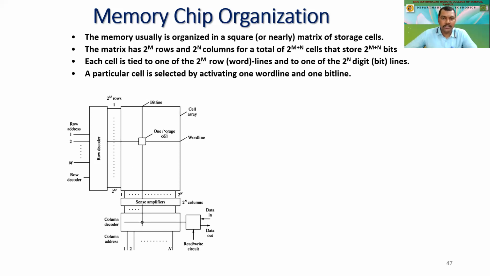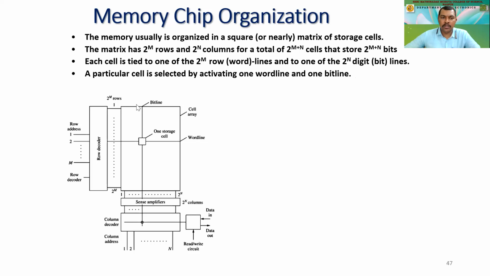Now here you are able to see that we are having these bit cells like this, which are having these rows, and these are the columns. So this is the number of columns, and this is the word line over there. Just as we have addresses in a colony, similarly we are having the memory cells situated in rows and columns, according to which we are going to generate the addresses, and according to which we are going to access the cells. We access the data in that particular cell, right? So the particular cell is selected by activating one word line and one bit line.